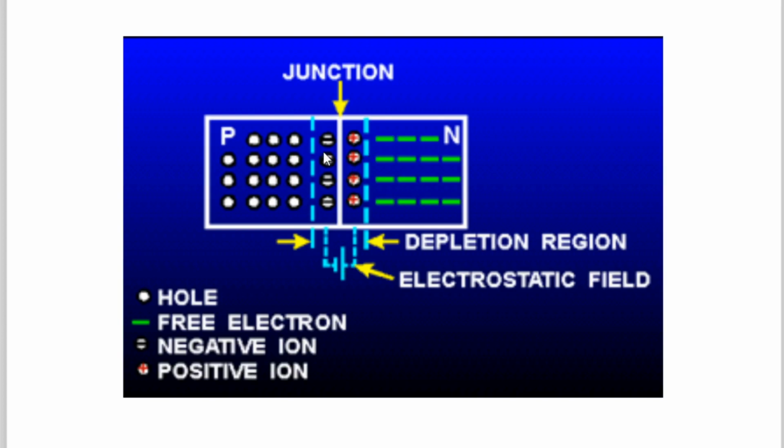Therefore these atoms got converted into ions. The positive ions on one side and the negative ions on the other, and this particular region is called the depletion region. On the left hand side the total negative charge is increased because the holes are filled by electrons. From where did the electrons come? From the n-type material. Now on the right hand side the atom has lost the electron, therefore the total negative charge will decrease.